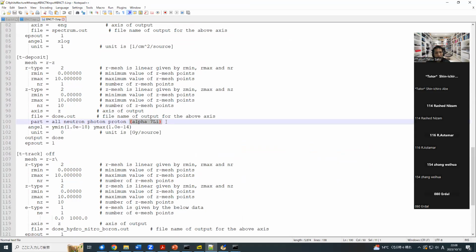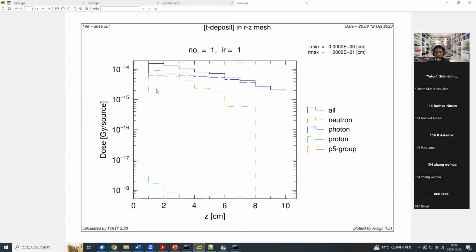Sum of the alpha and the lithium 7. So it's equal to the neutron capture boron capture reaction dose. So now neutron dose disappear